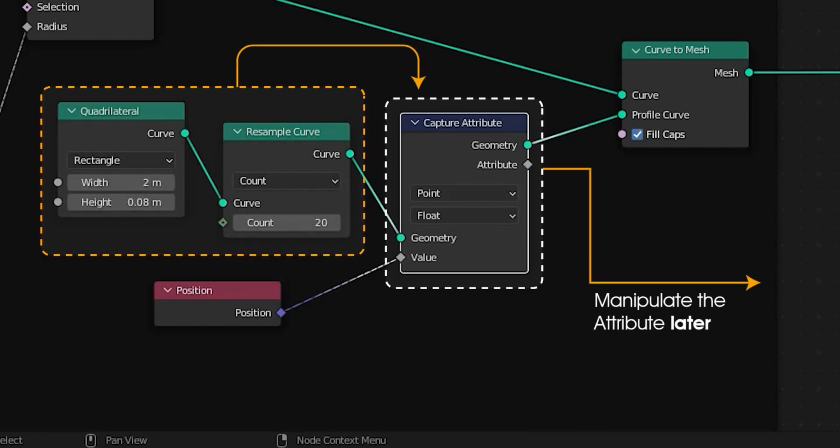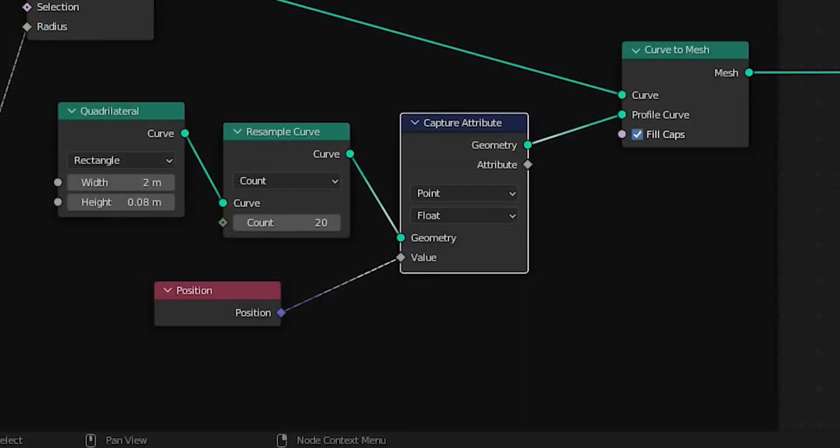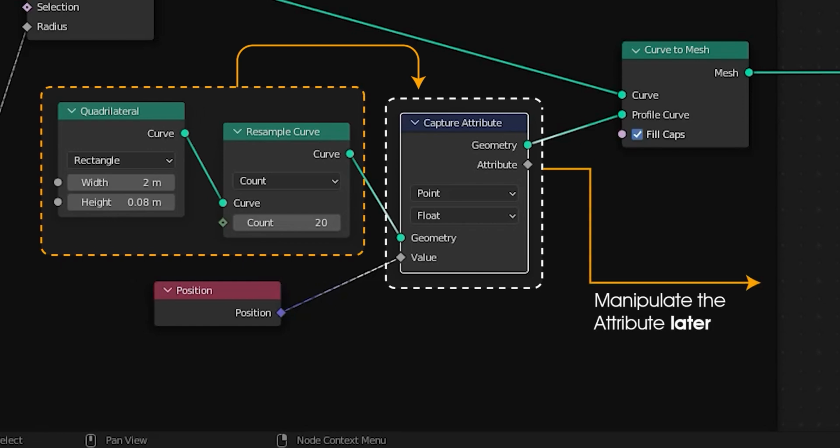Then we can manipulate the attribute later. So it is really similar to the attribute in Blender 2.93. So in Blender 2.93, we need to give the attribute a name and store the result in the attribute. But for Blender 3.0, we don't have to give the attribute a name. When we add the capture attribute node, we will store our result here in the capture attribute node, and we can output this attribute to the